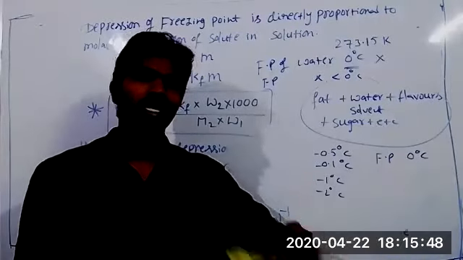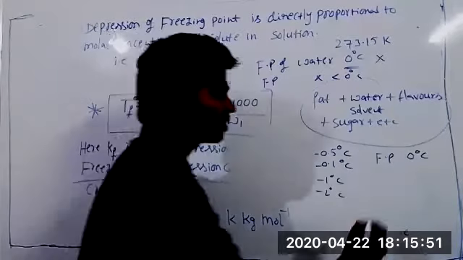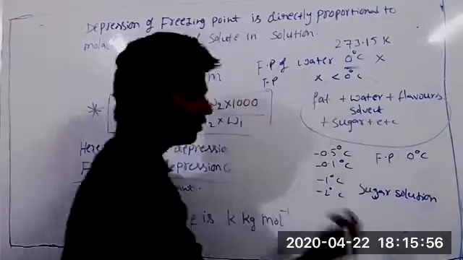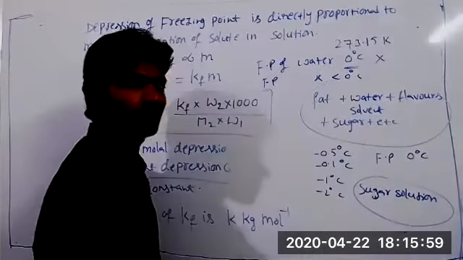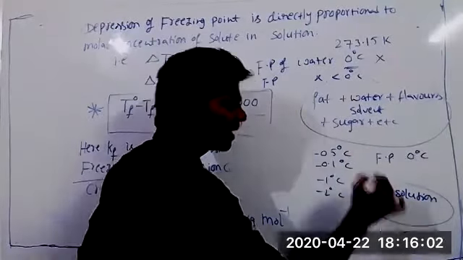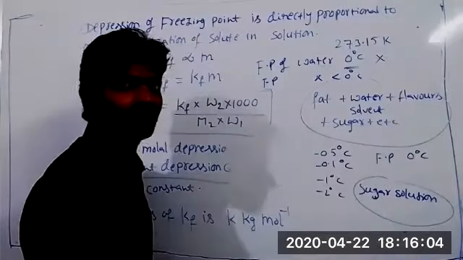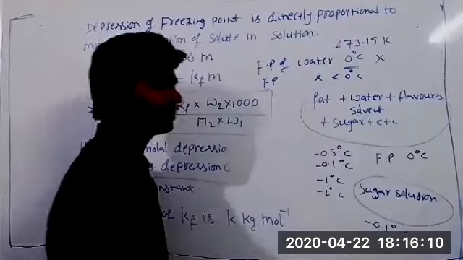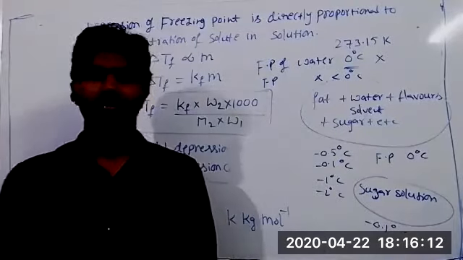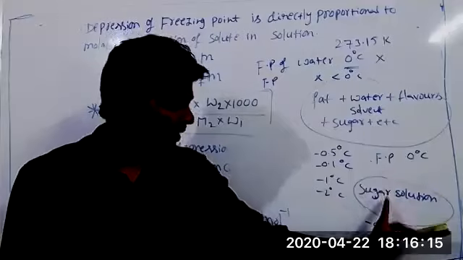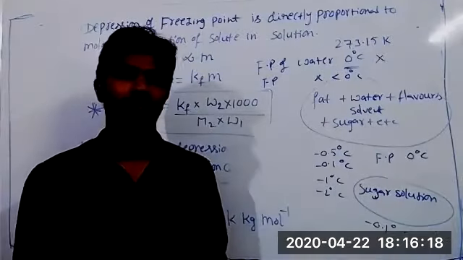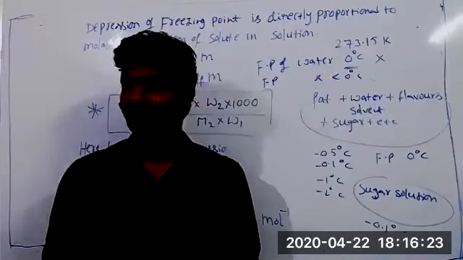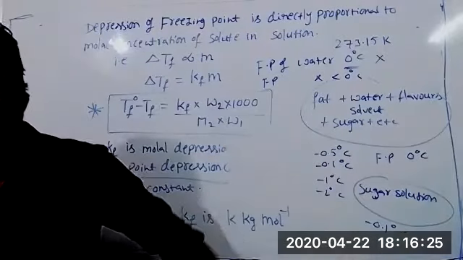Suppose you prepare any solution by using water, suppose sugar solution. Now you want to make the sugar solution solid. Freezing of the sugar solution must be required below the 0 degree centigrade, maybe minus 0.1 or below that. At 0 degree centigrade, we can't solidify sugar solution. It must be below 0 degree centigrade. Understood? Okay.